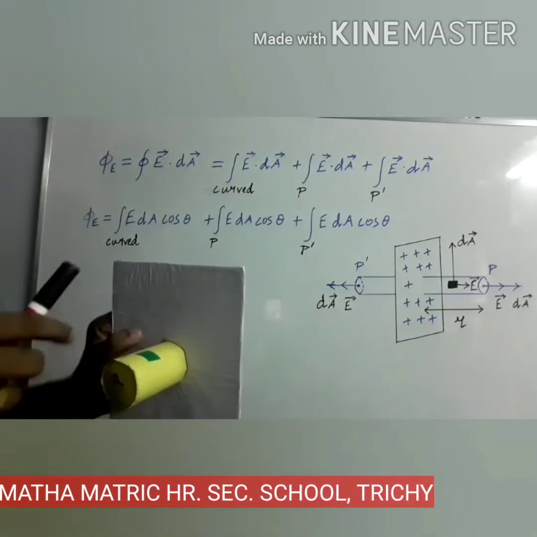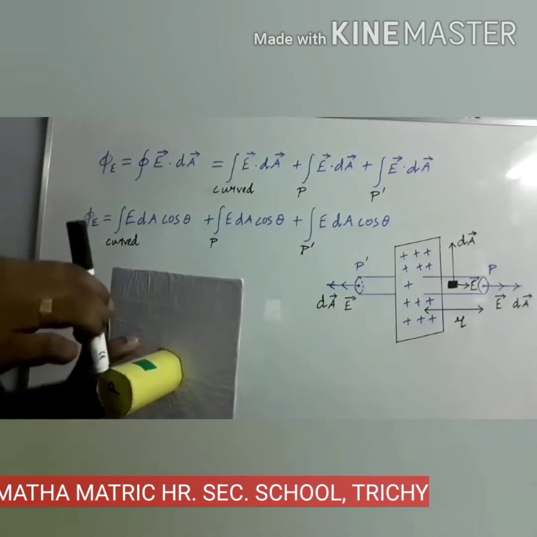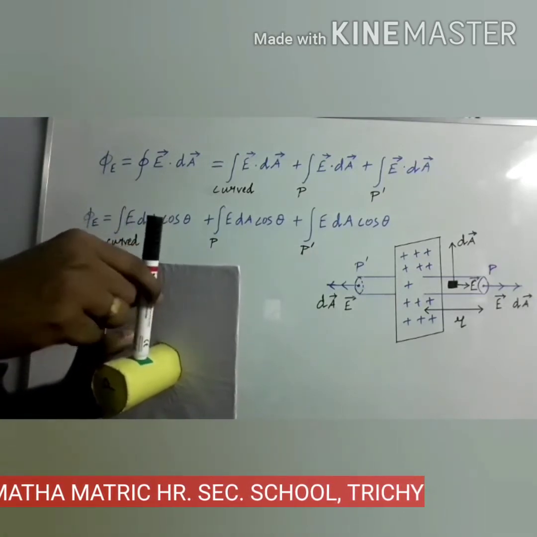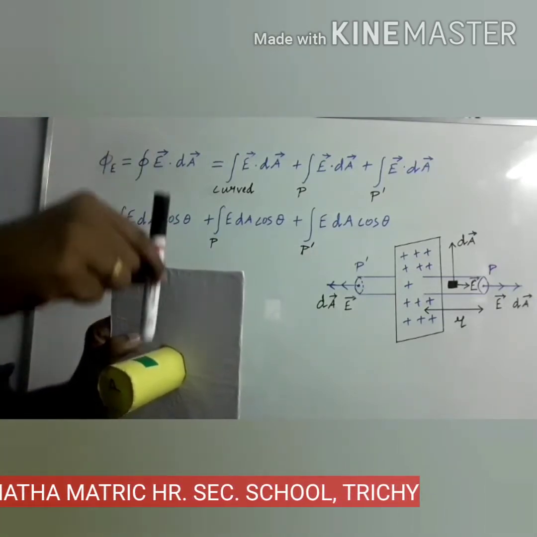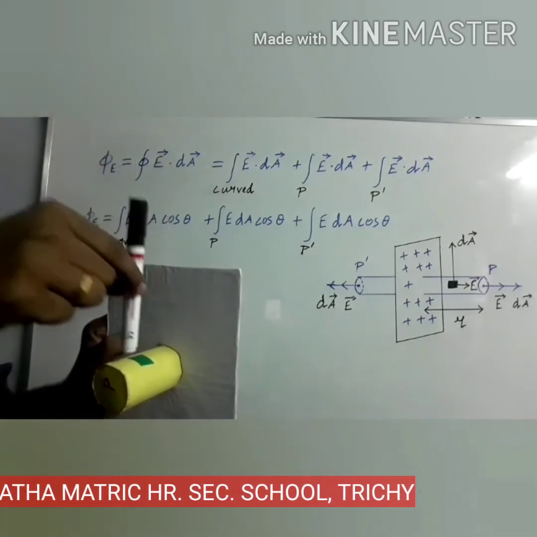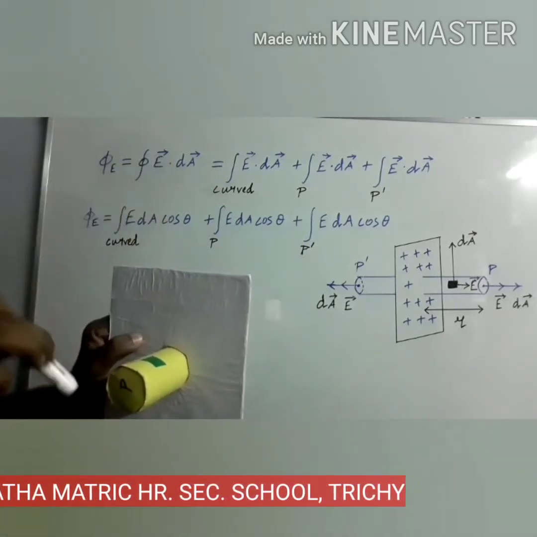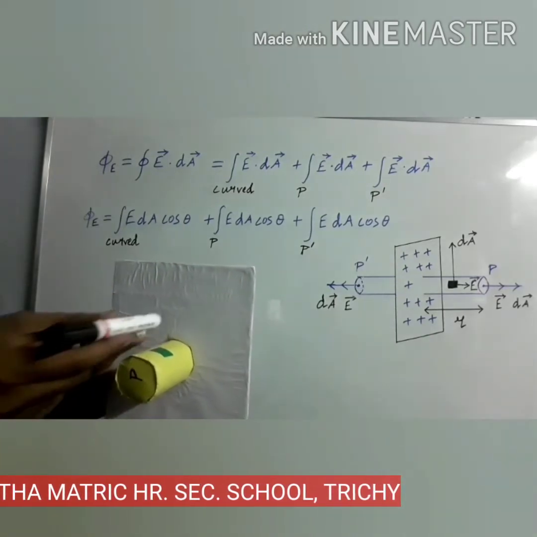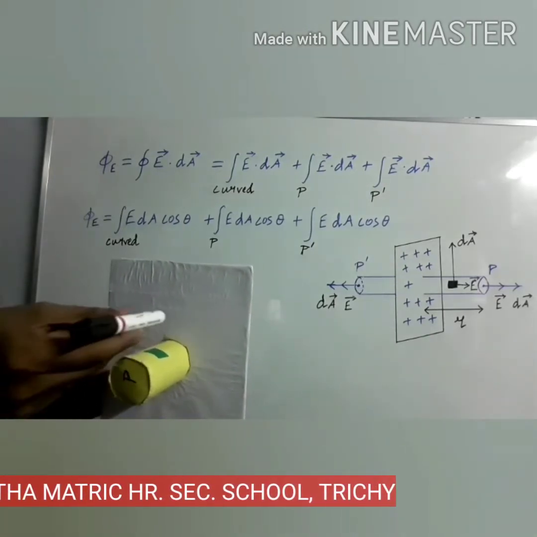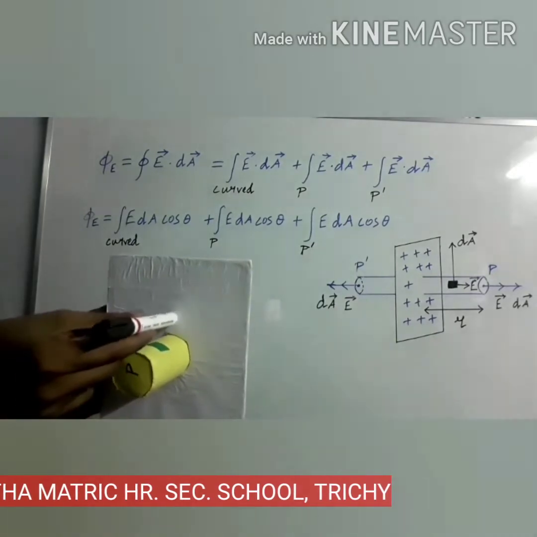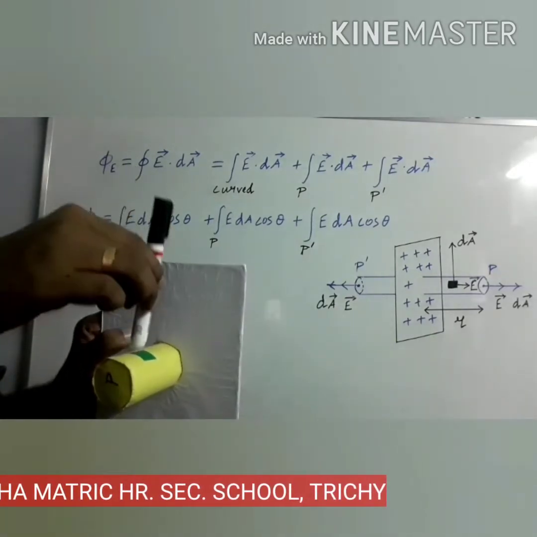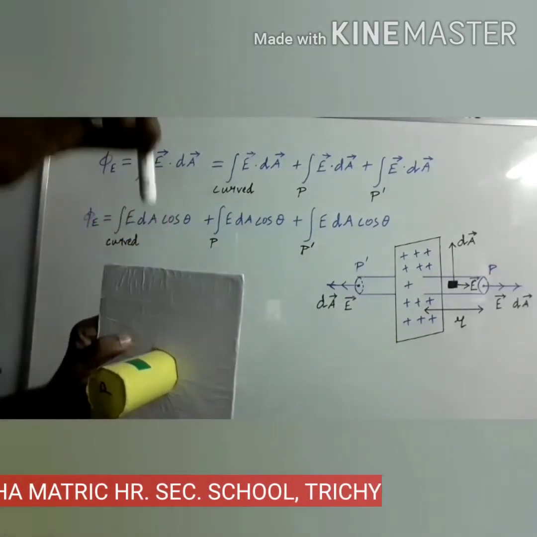So what is the normal? Normal is nothing but a perpendicular line to the area. So the direction of the normal is like this. It is perpendicular to the area, so it acts upwards. Already we have discussed the direction of the electric field lines. They come out of the charged sheet horizontally. They are perpendicular to the sheet. They are coming horizontally, whereas the normal to this area element will act upwards.